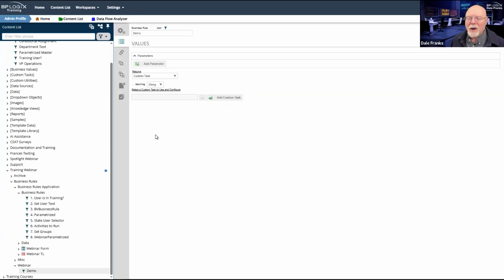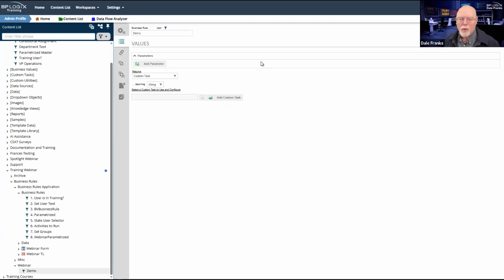And I can also have it return a custom task. Generally, we don't need to use the custom task one anymore because of the existence of business values.